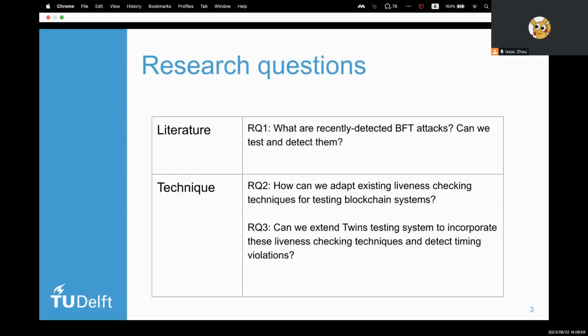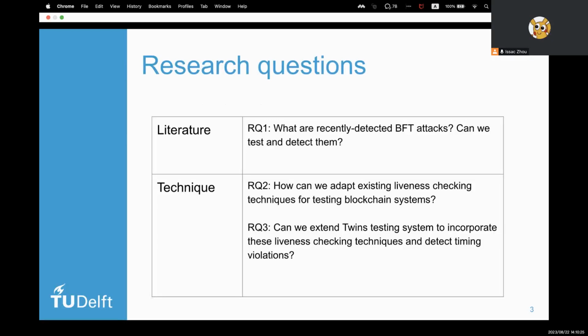So in this project, we mainly discuss three research questions. First, we do a literature review of recent BFT attacks and investigate their types, causes, and whether they can be tested. Then we explore how we can adapt some liveness checking methods for detecting these violations.